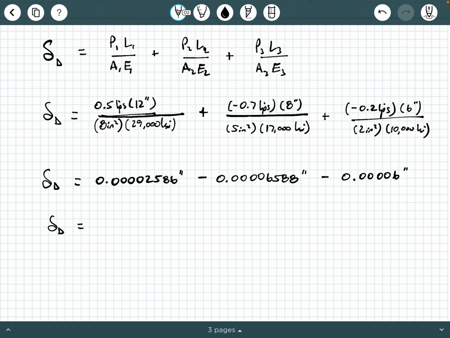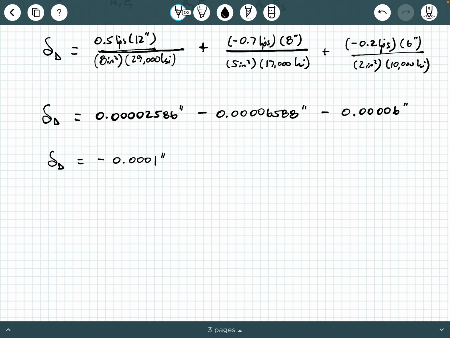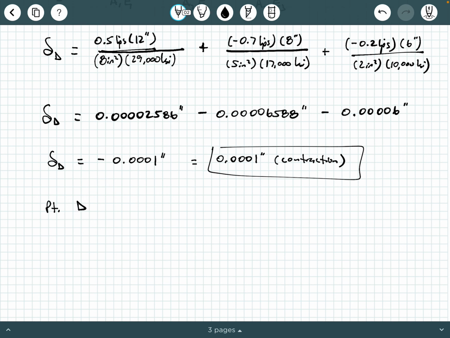I'm punching all these through my calculator. Be patient when you're punching these in your calculator. Don't try to be a hero and crank them all in at once. That could be a recipe for disaster. And then minus 0.00006. And so I get a negative 0.0001 inches. And so what this means is you have a contraction effect, okay? So this is 0.0001 inches in contraction. So what that means is point D will